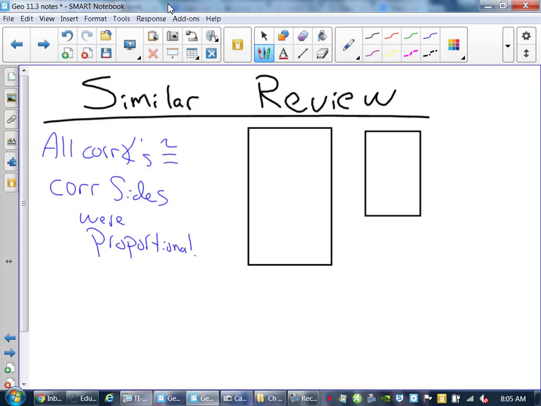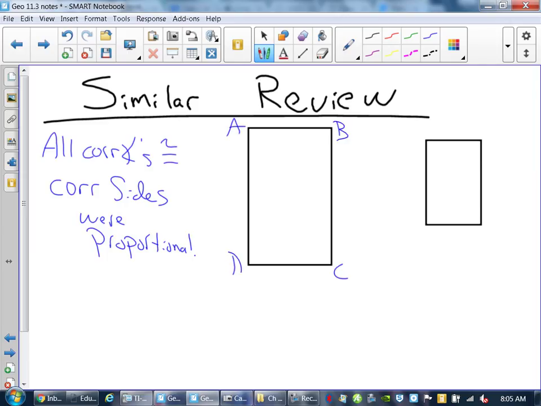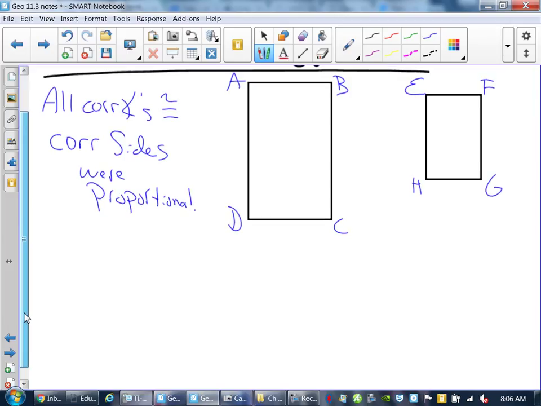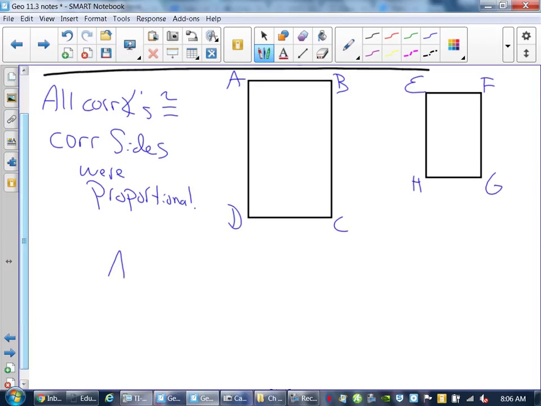If I said that A, B, C, D was similar, remember squiggly or tilde,